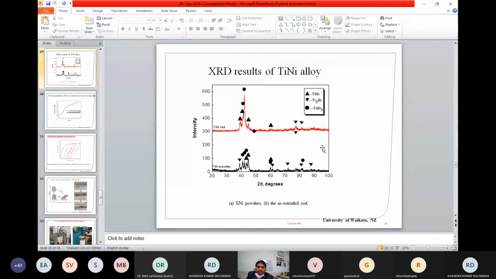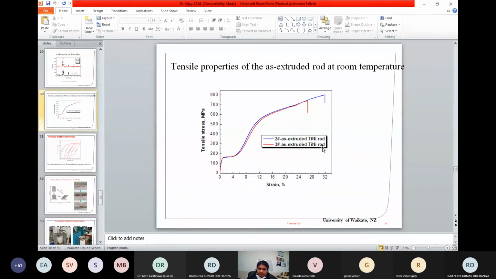This particular material shows a shape memory effect. This is a typical tensile graph of this material, showing the flattened plateau, which is nothing but a shape memory effect, in the extruded rod.